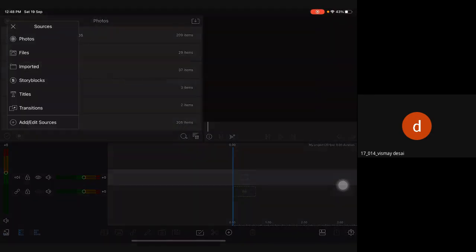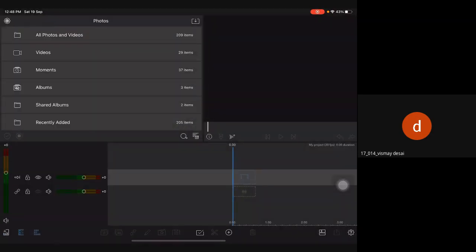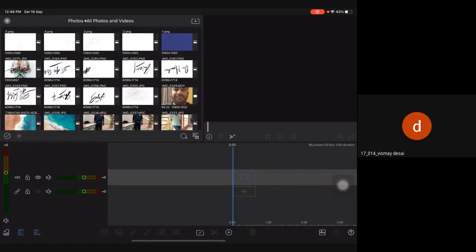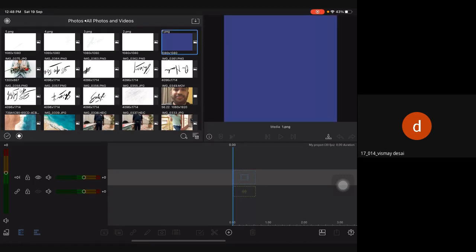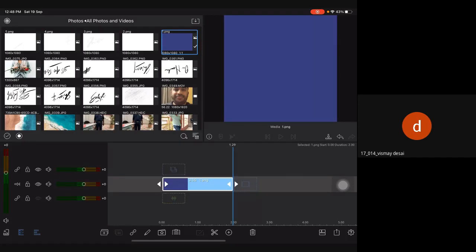Go to photos, all photos and videos. Now at a time, import only one frame so that we can work on it. So this is my first frame. Import it. Now it is imported. As you can see, currently it is of 2 seconds. So make sure what is the size of your video that you would like to make.